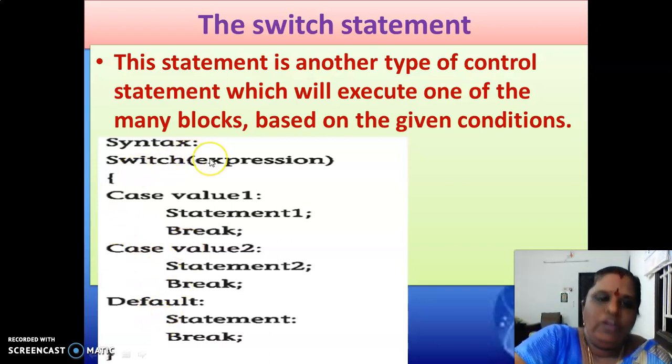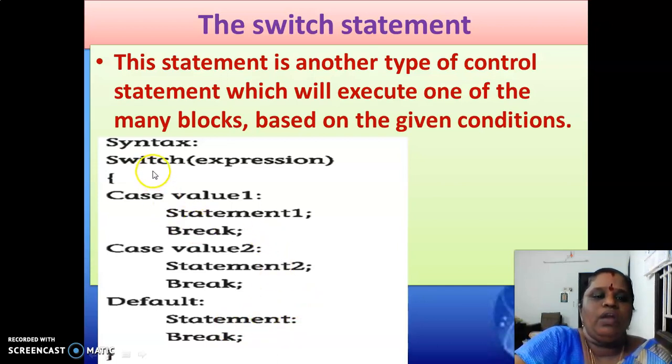If the expression comes under value 1, this case will be executed. If it comes under value 2, this case will be executed. And default is nothing but, if the expression value doesn't match any of the cases given in the switch, the statement in the default case will be executed.